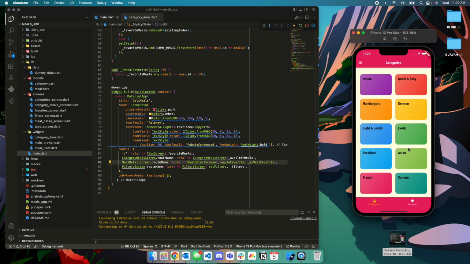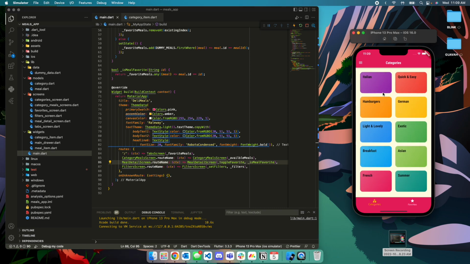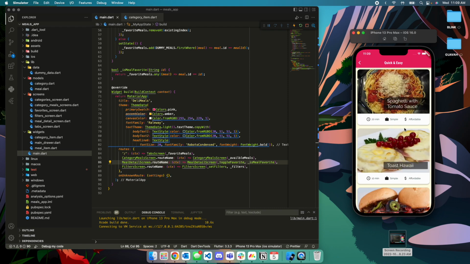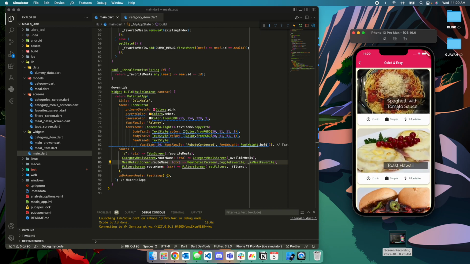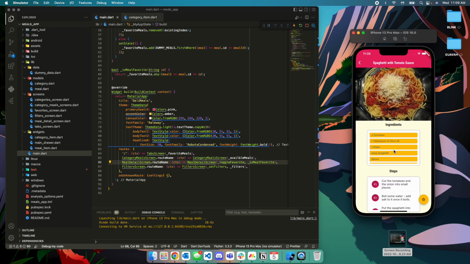So this is what we're looking at. We have our different categories, whether it's Italian, quick, easy, different categories. Now if we click into this, we'll see different items with regards to the items within this category. So now say we want some spaghetti, we can then see the ingredients that go into this and the different steps for preparing spaghetti. And another cool feature is that we can star these